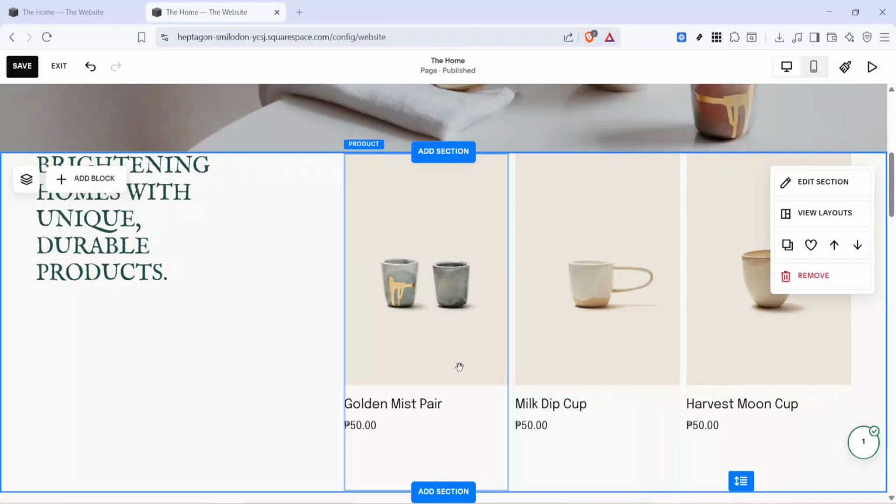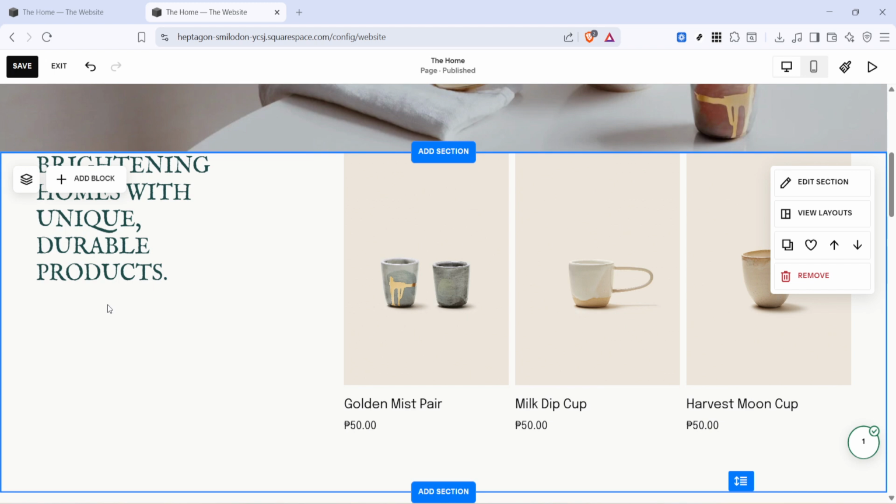In today's video, I'm going to teach you how to use grid layouts in Squarespace. We're going to focus on the section settings that control how your grid looks and feels, so you can make your content cleaner, more organized, and easier to read. If you're working with images, text blocks, or a combination of both, these layout controls can make a big difference